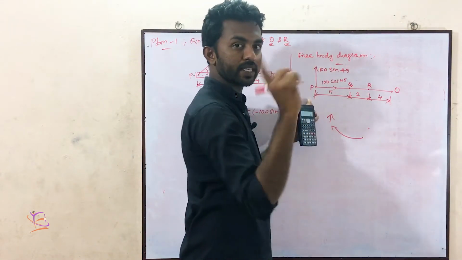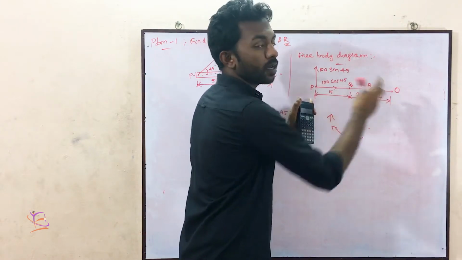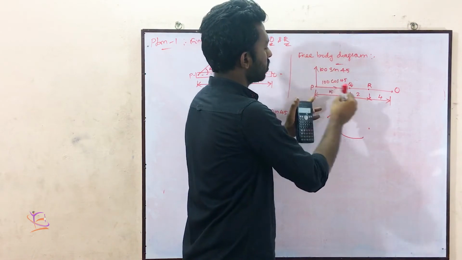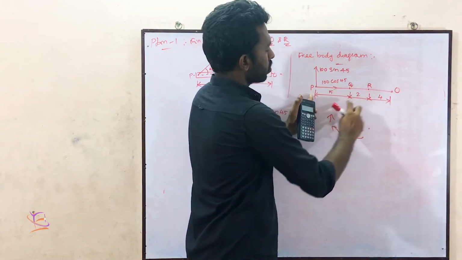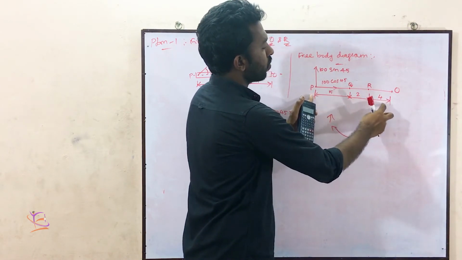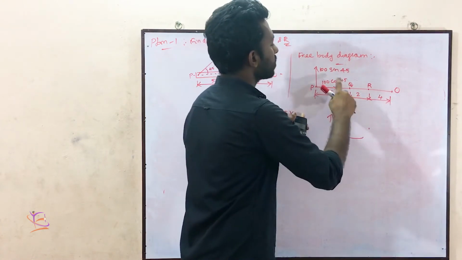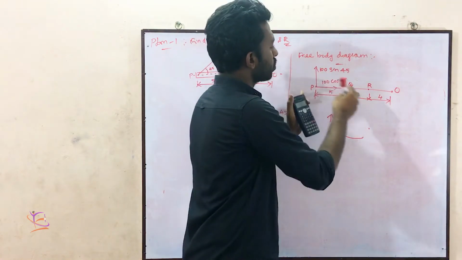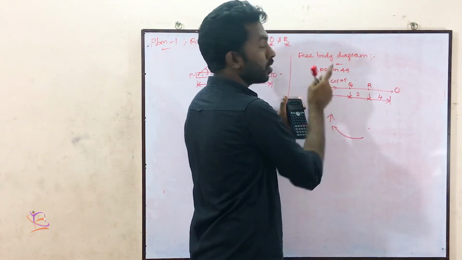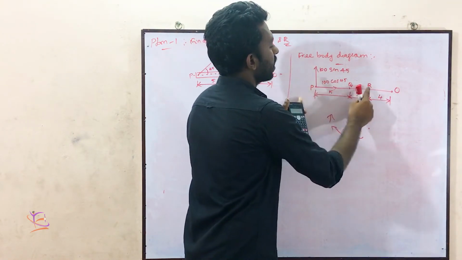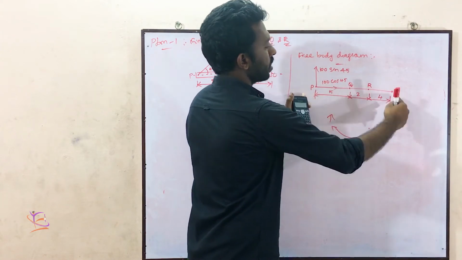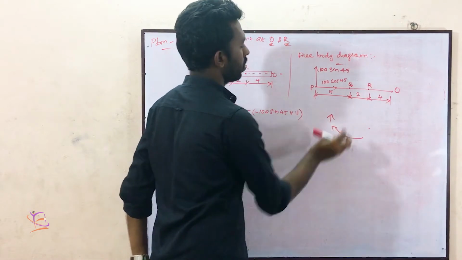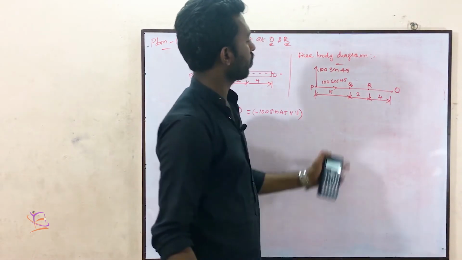This is the vertical force, so we take the horizontal distance. For a horizontal force, you have to take the vertical distance. For the vertical force, you take the distance perpendicular to this force: 5 plus 2 plus 4, which is 11. This is the distance from O, the total is 11, so multiply by 11.